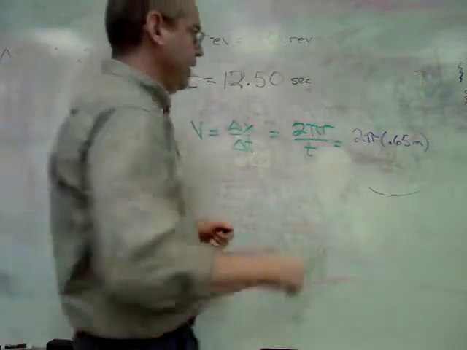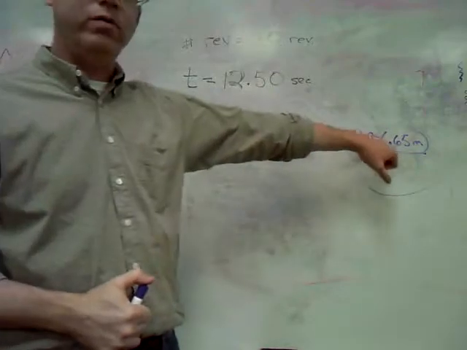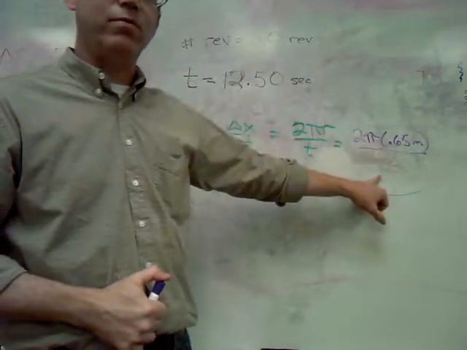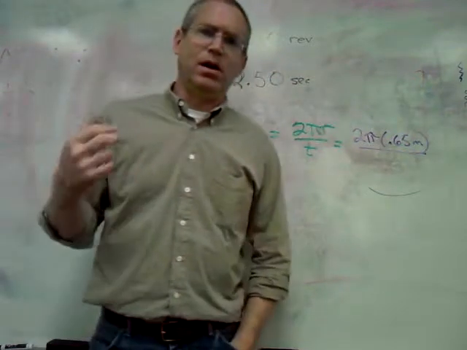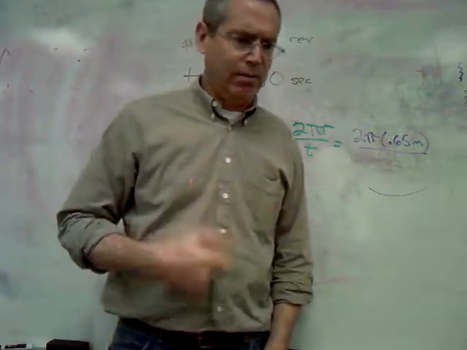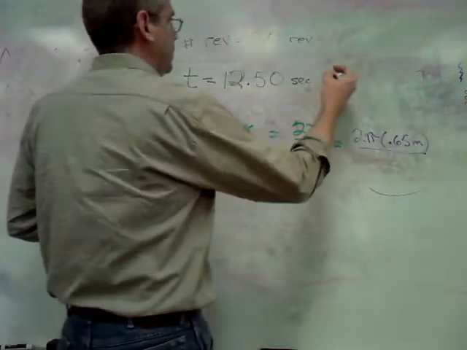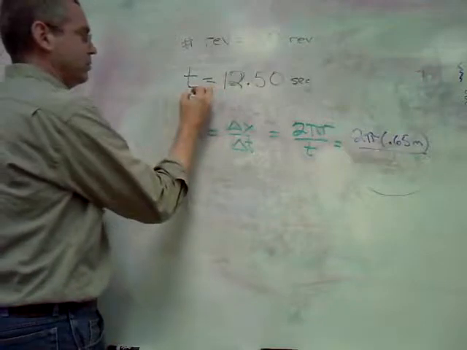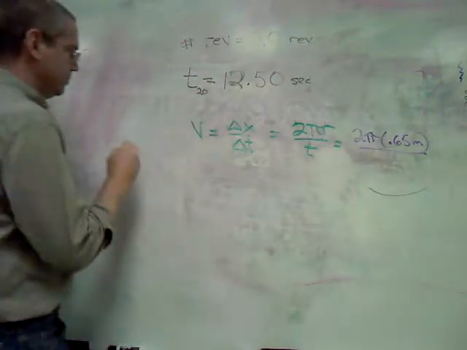All right. And I'm going to divide by, well, that's 1 revolution, so I need to divide by the time for 1 revolution. And so I did 20 of them because it might have been a little bit off when I started. The more revolutions I do, the more accurate my answer is going to be here. And so that's the time for 20 revolutions. Let's put a little 20 down there. The time for 1 revolution